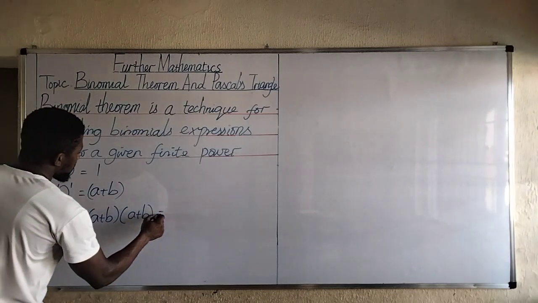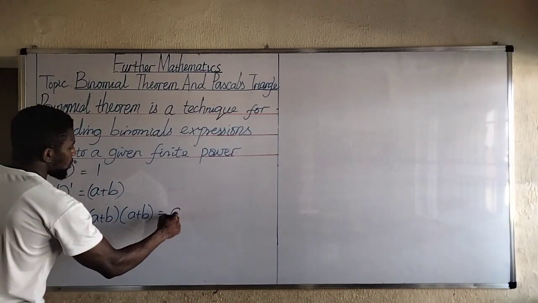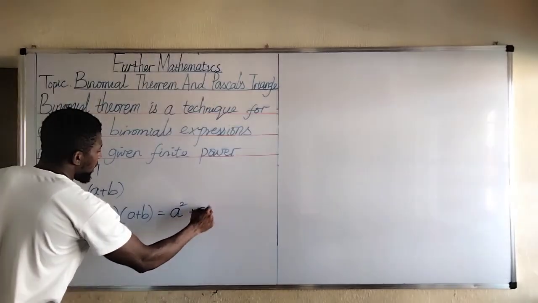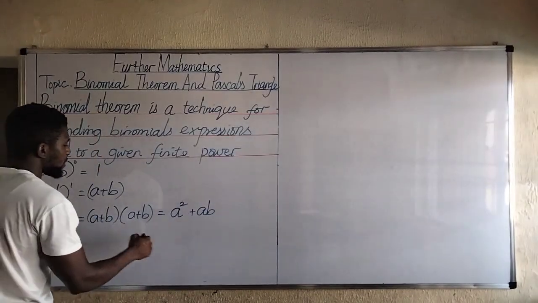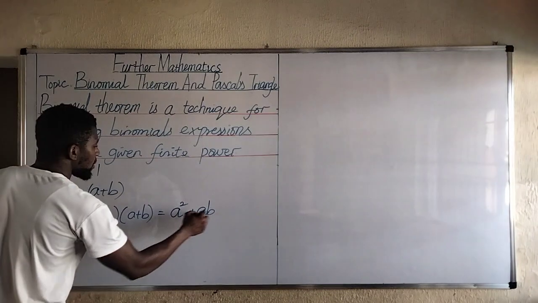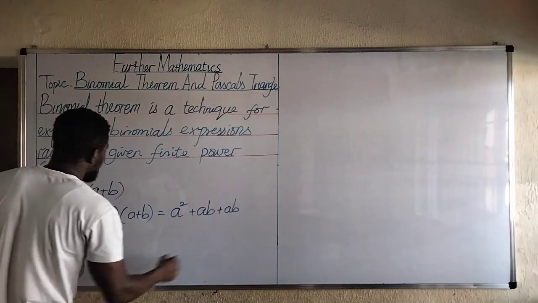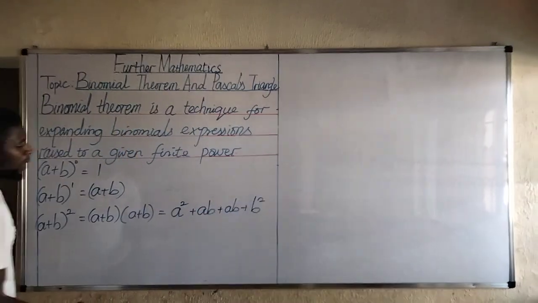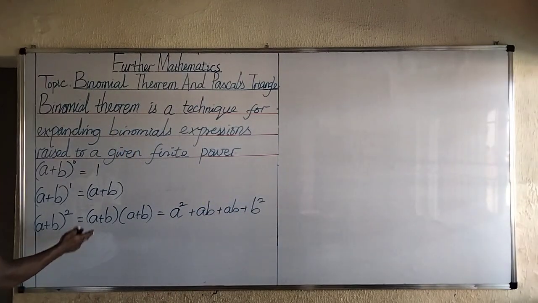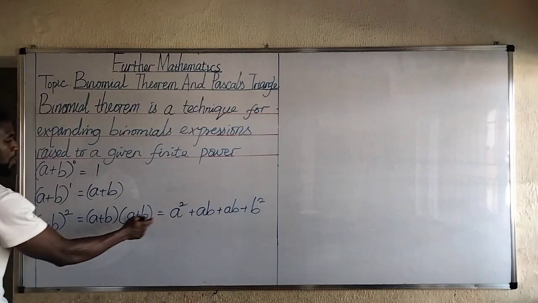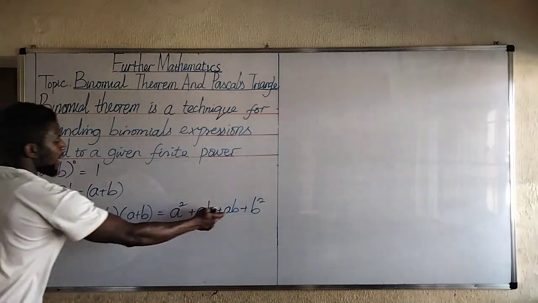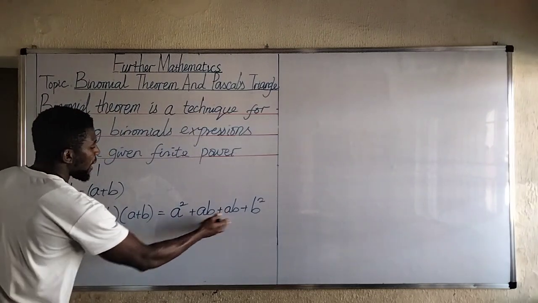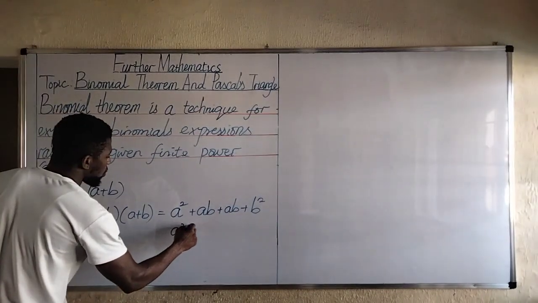So this becomes a times a to give us a squared, a times b to give us plus ab, a times b will give us another ab, and b times b will give us b squared. Alright, this is what we obtained. Look at how we did it. We have like terms here. Add them up, we have a squared plus